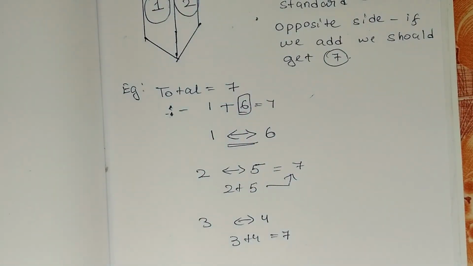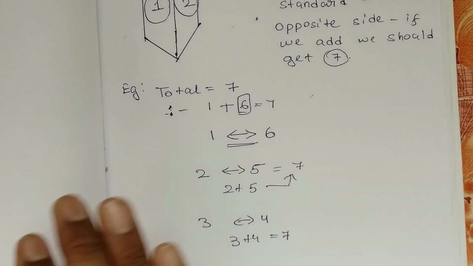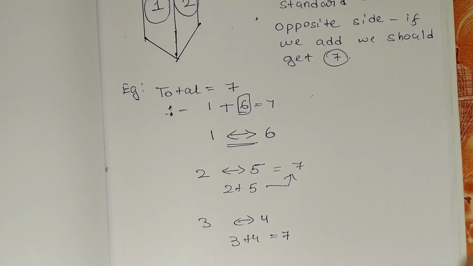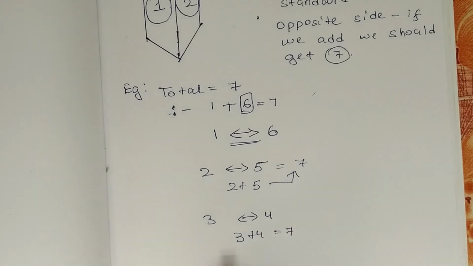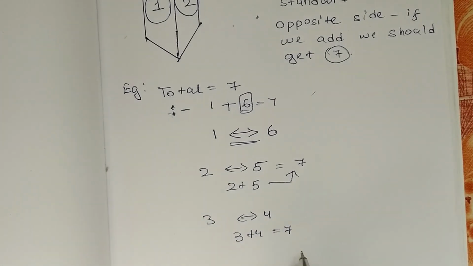We won't discuss more because they won't ask more questions in this. If they ask, it's only these questions about the opposite side, nothing more else in this. I'll give you assurance that they won't give anything more. For standard dice, they'll give mostly this only. So we'll complete up till here.